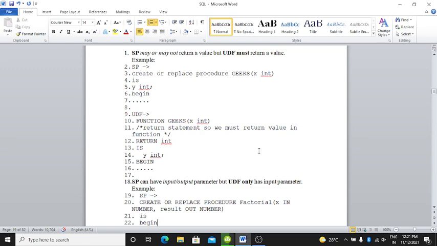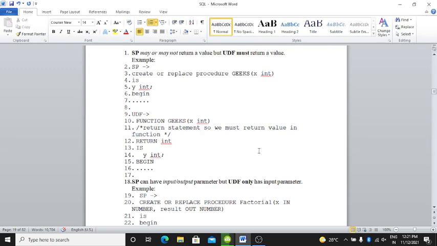Example: create or replace procedure, with x int, y int, begin.